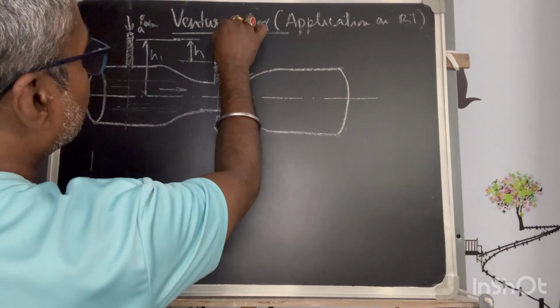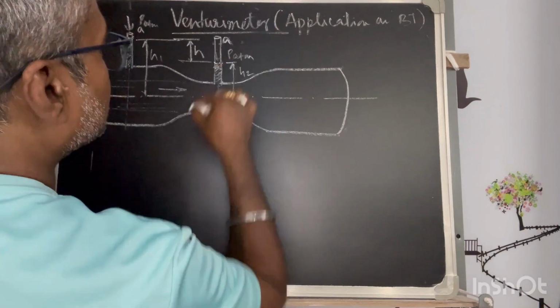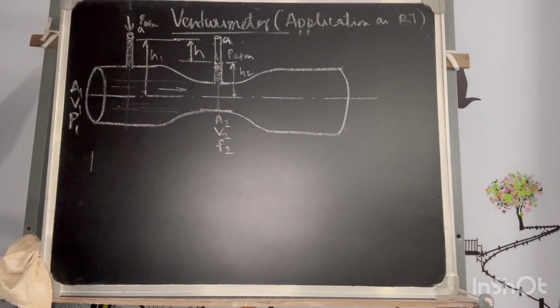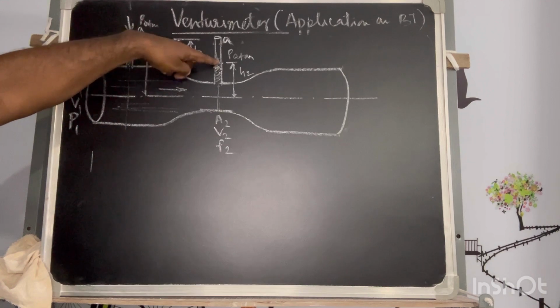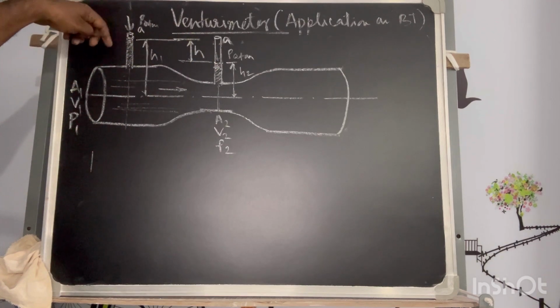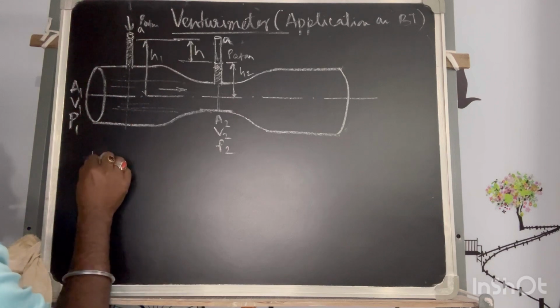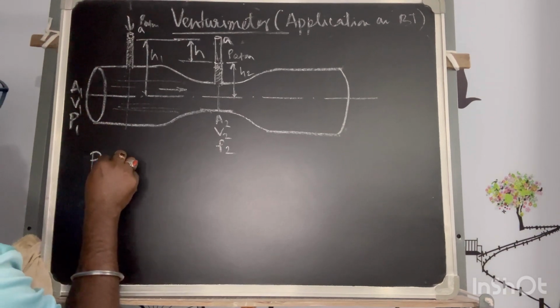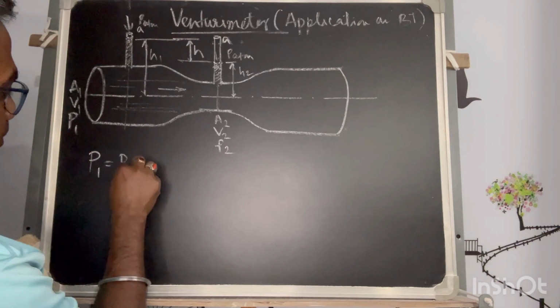The same thing here also, the pressure will be P atmospheric, isn't it? Because this is open to atmosphere, the atmospheric pressure will act on the surface of the liquid in these small tubes. So at this point, if it is P1, so P1 is equal to, let's say, P atmosphere, which I am assuming as P0, plus